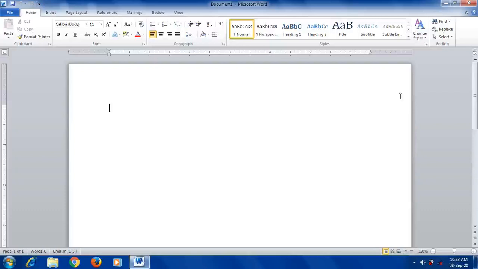Microsoft Word is a word processing software, and we can make our text or document more attractive by using the features of this application. A word processor is an application software that helps us to type, edit and format the text. So this software helps us to type directly here. For example, let me type here: Microsoft Word is word processing. For typing you can use this software. Okay, so I just typed one sentence.